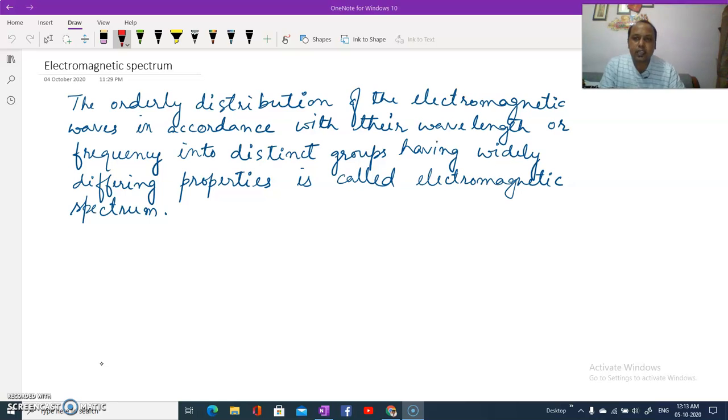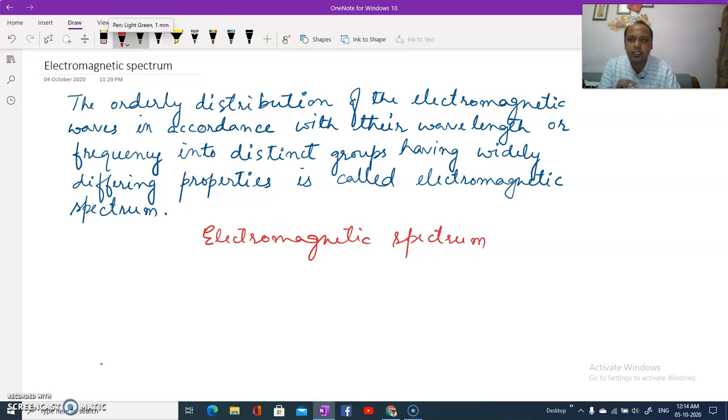You need to understand a very important thing here, that in electromagnetic spectrum,